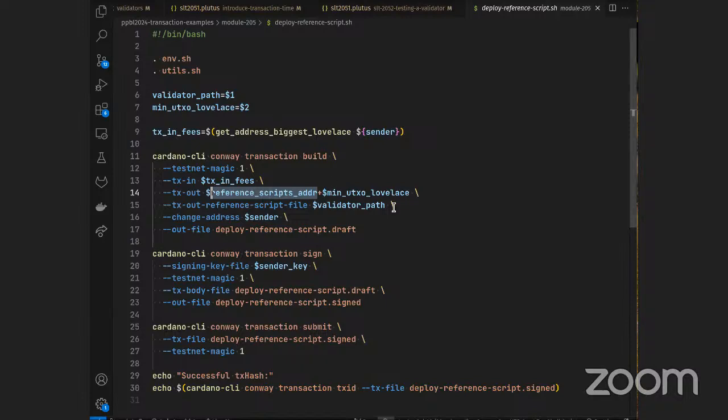Okay, now, because I'm attaching a script, it needs some min Lovelace. And like we just saw on my command line, I'm about to try this with a min UTXO value of 0. And of course, that's going to fail. I can't send 0 Lovelace in a UTXO. It doesn't achieve the minimum with or without a script. But